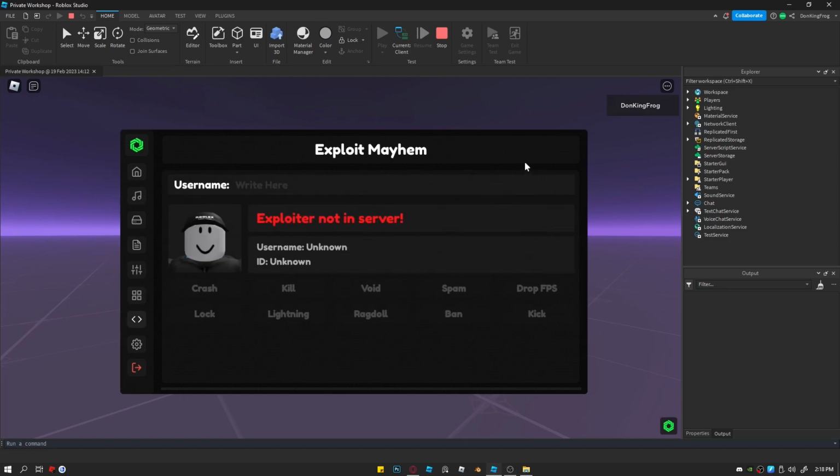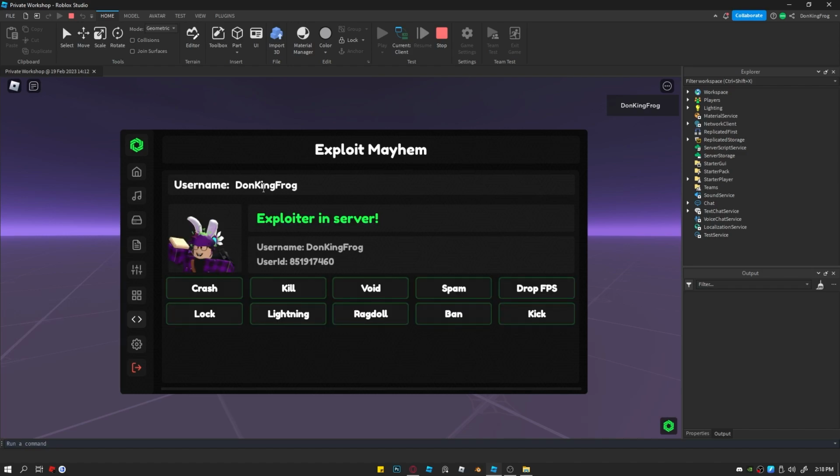Now, this is the Exploit and Mayhem part. This is the main part of the panel, which is the name of the panel as well. You can add a username. Let's name myself. And it will look if they're in the server. This will only work if they're in your server. In the next panel version, it will do it even if they're not. Now, for the